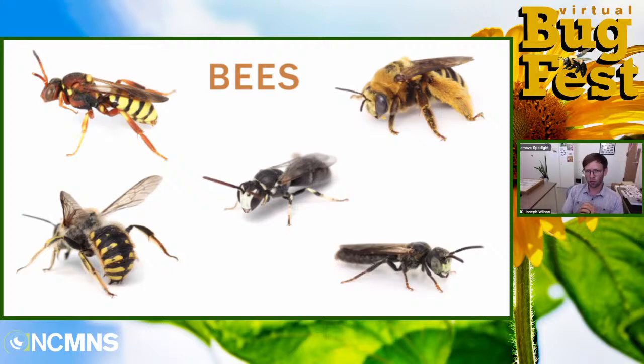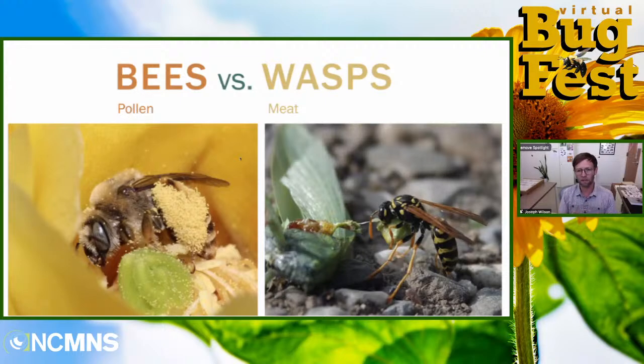And so the reality is bees are really hard to tell apart from wasps physically. There are some microscopic features that if you have a microscope, you might be able to see, but physically it's hard to tell them apart. Behaviorally, on the other hand, they have some clear differences. The main difference is with their diet. Bees are herbivores. They eat pollen and nectar and feed their babies pollen and nectar. And wasps, most wasps are carnivores. They eat meat and feed their babies meat.